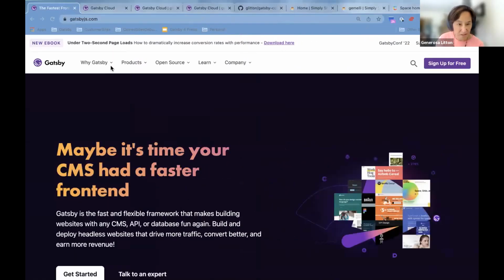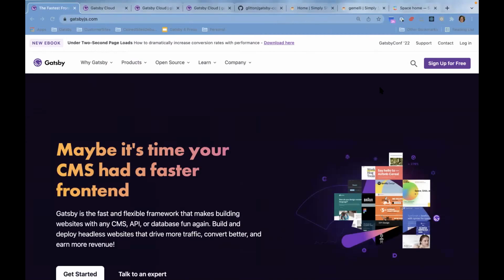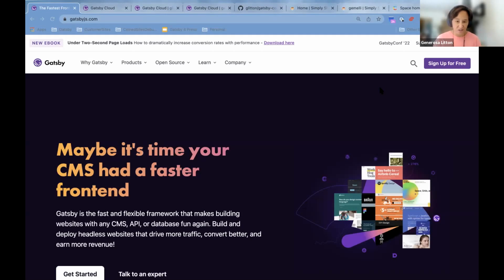I'm going to share my screen and just wanted to make sure you're seeing my screen where it says gatsbyjs.com. Yep, we can see your screen. Cool. So what I'm going to walk through now is the sign up process. Then I'll go into creating a workspace. Dan spoke about workspaces, how it's a great collaborative environment, so I'll show that. Then I will go into some capabilities within Gatsby Cloud that you should be aware of. I'll add a site with the CMS backend, and that's the first portion. So let's just do that.